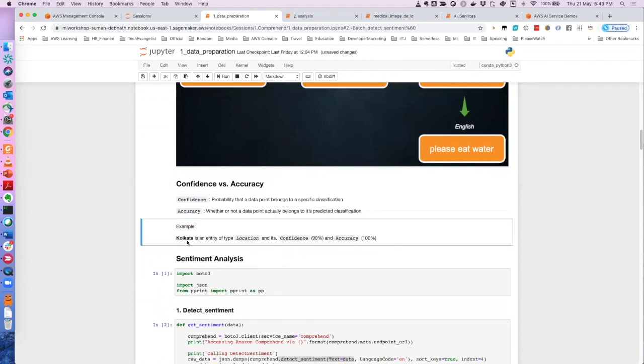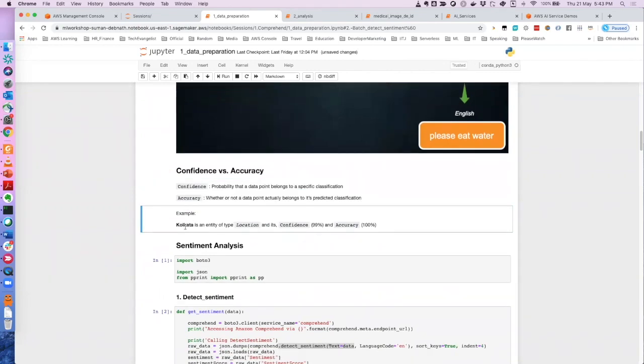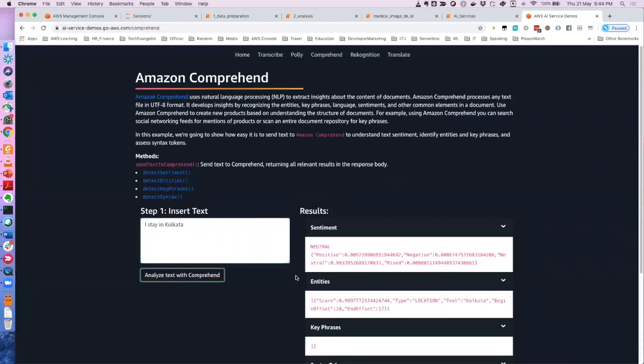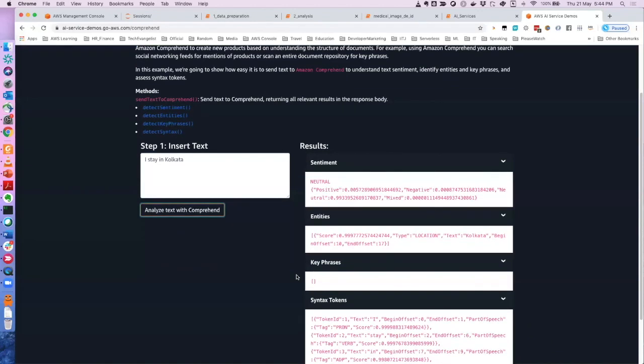So we will see that in Comprehend. If you type any text, let's say, let me try this out. I stay in Kolkata. Okay, let me try this.